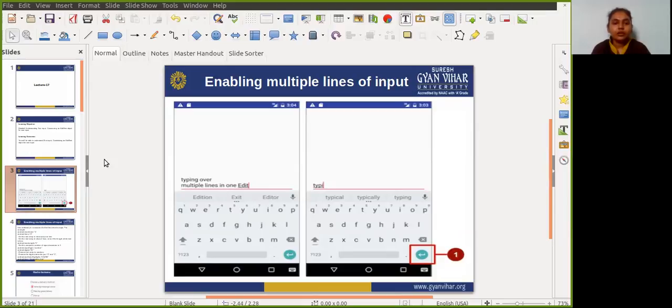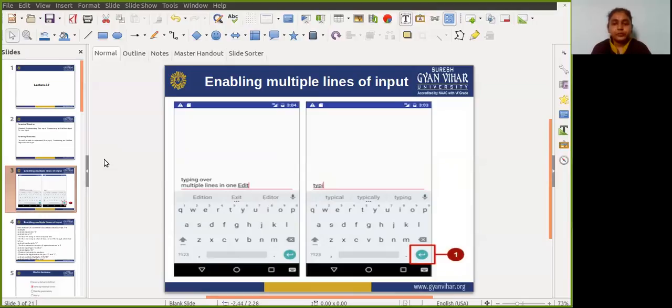Tapping the return key, also known as the enter key, on the on-screen keyboard starts a new line in the same EditText view.